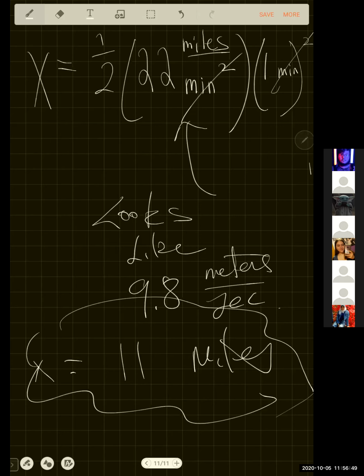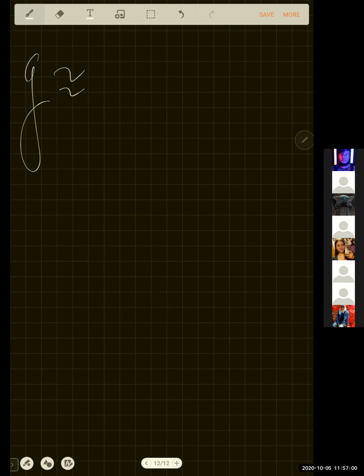11 miles. But now I want to back up and point this out to everybody. If I am saying the acceleration due to gravity, you can think of the acceleration due to gravity as